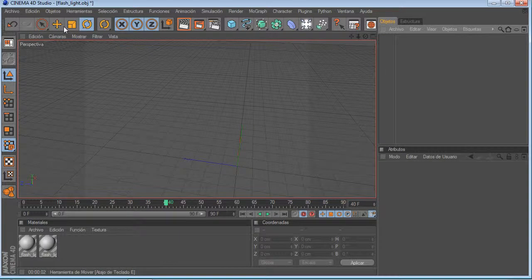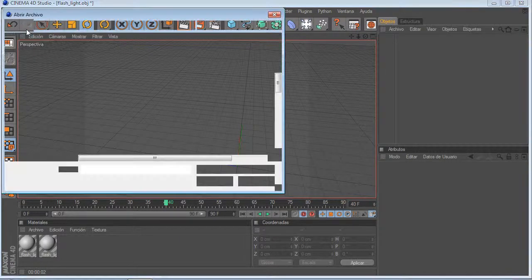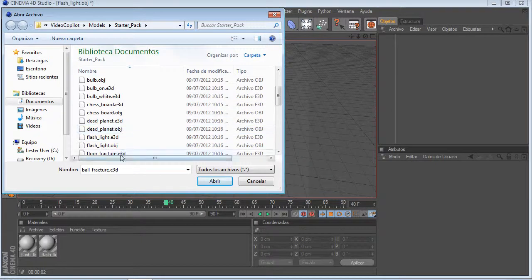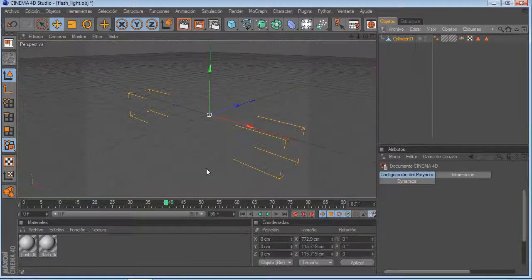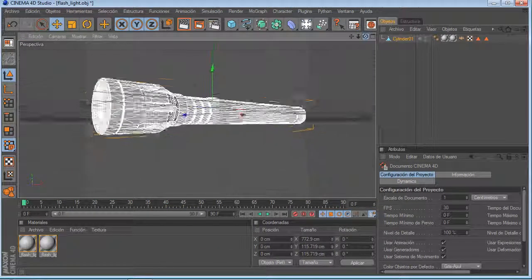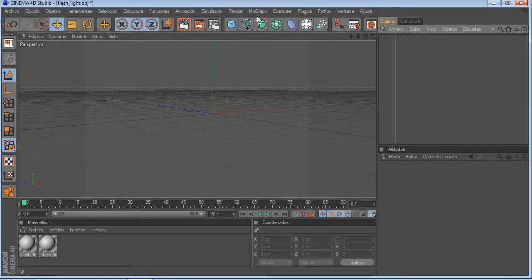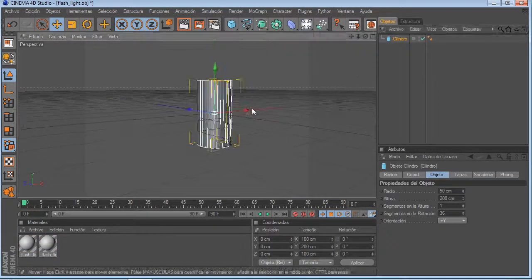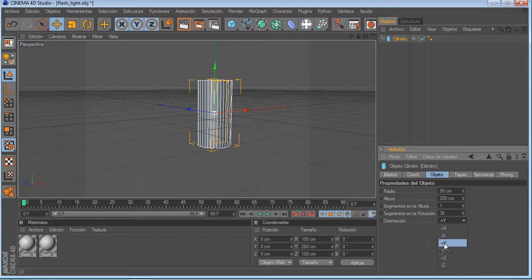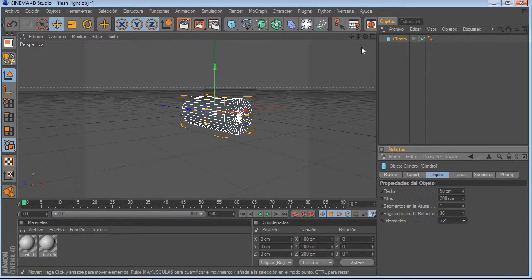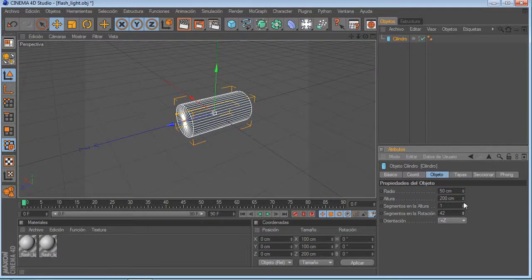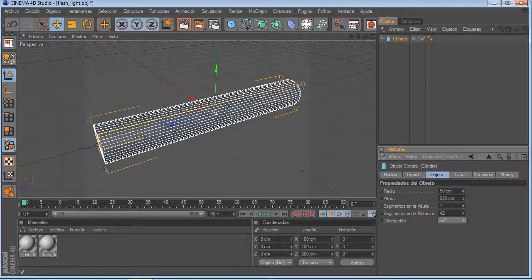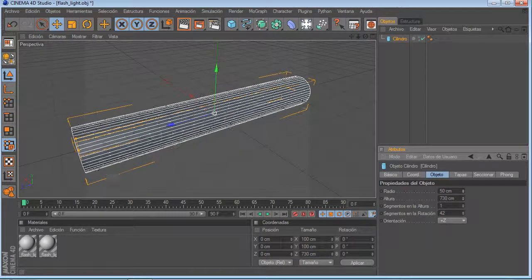So if you see, I use some models here, this flashlight, and okay, we are going to take a basic form of this flashlight. So I am going to make a cylinder, and I'm going to change the orientation. I'm going to add some more segments, but we're not going to put segments in the height, and in the radius I'm going to make it